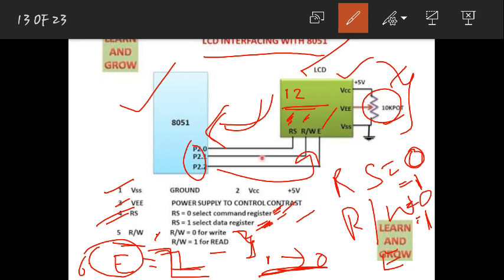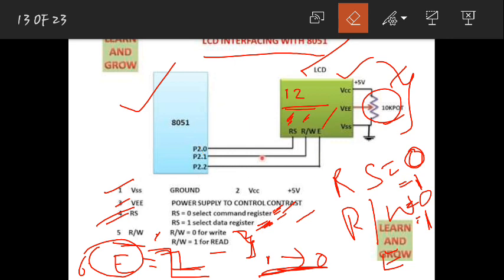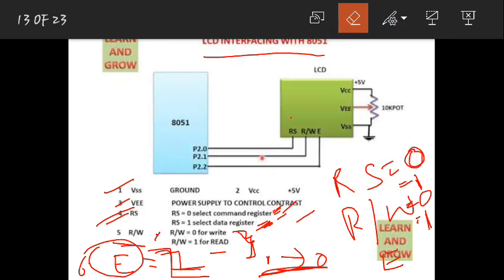Is that fine? See, for example, you are trying to write data onto the LCD. First you select RS equal to 1. When RS is equal to 1, you can do two things, either write or read. So first you make RS equal to 1, then you are writing, so R/W should be equal to 0.